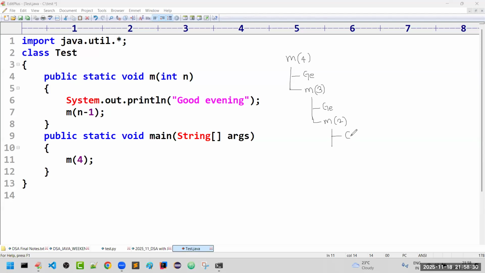Now it will print good evening message and it will call the method with 2 minus 1 means 1. And it is going to print a message good evening. Sir, 1 minus 1, it will be called for 0. Now you can see first time, second time, third time, fourth time. Sir, my requirement is satisfied, right?